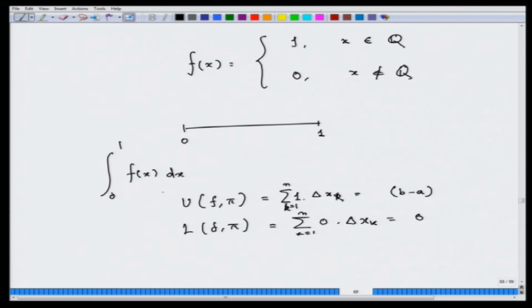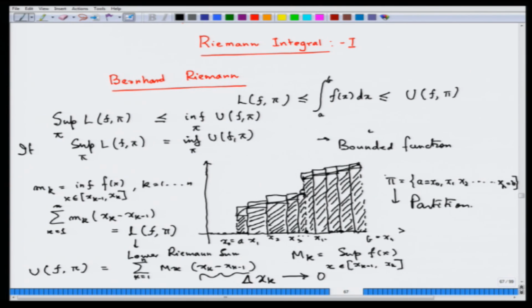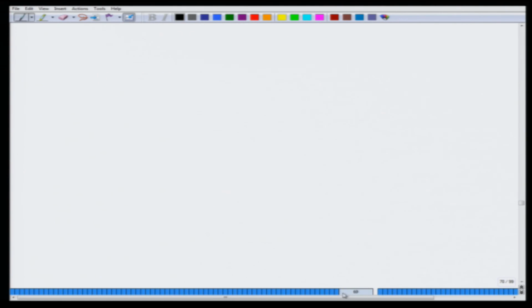So, if you take the infimum of the upper Riemann sums over all possible partitions π, and the supremum of the lower sums. Pi is not the real pi, okay. If you are uncomfortable, I will just write this partition as π hat,